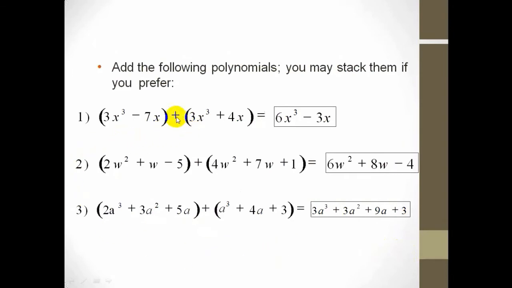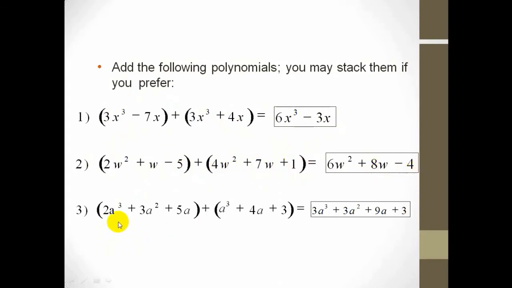Now add these polynomials. You may take them if you prefer, but we can add this polynomial directly. Add the coefficients of the like terms 3x cube and 3x cube: 6x cube. Minus 7x plus 4x is equal to minus 3x. Similarly, 2w square and 4w square are like terms. Add the coefficients, 2 plus 4, 6w square, and w plus 7w, 8w, minus 5 plus 1 is equal to